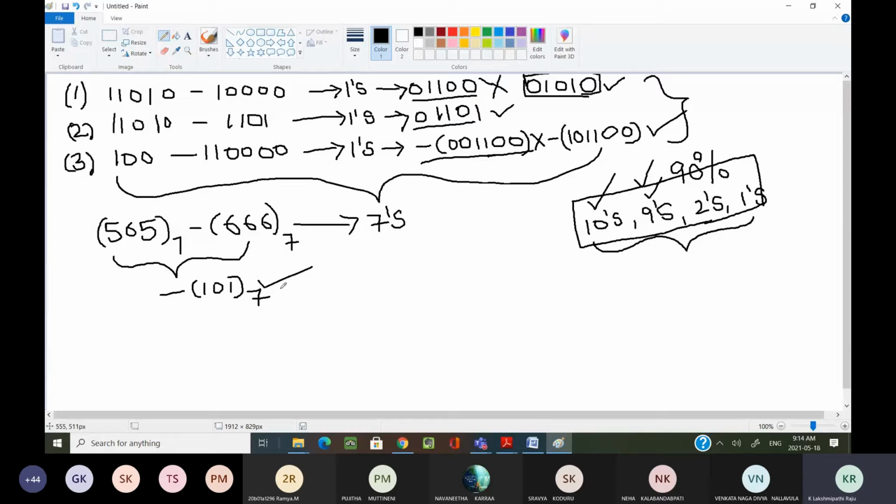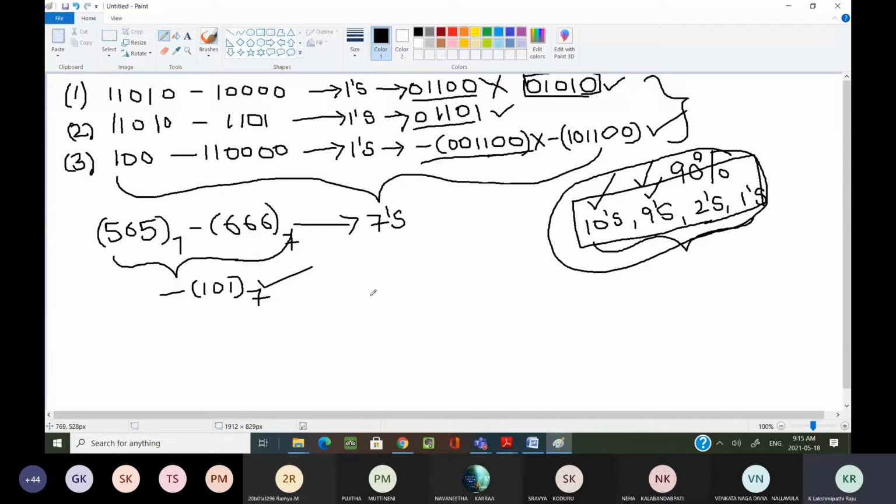Why have I given this problem? Not only these kinds of problems, from the examination point of view, we definitely have to know the other number systems also. We have to know how to do subtraction of unsigned numbers, not only in our regular number systems but in other number systems as well, like here he is giving a base 7 number system. Hope most of the people have already done this problem.